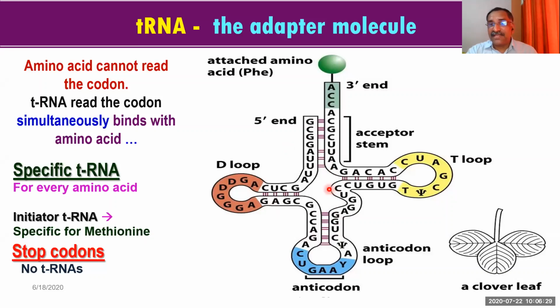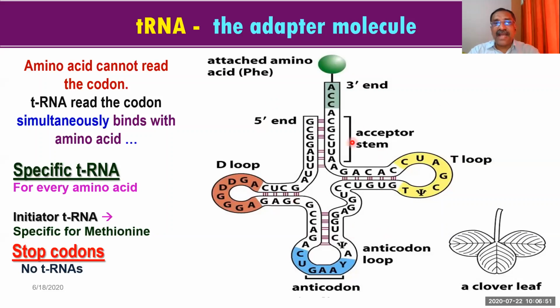If in the examination they ask any question to draw a neat labeled diagram of the cloverleaf model, you have to draw this diagram. And there is another model called the hairpin model, but the hairpin model is not given in your textbook, I think, so I'm not talking about that. This is called the cloverleaf model. This you have to practice.